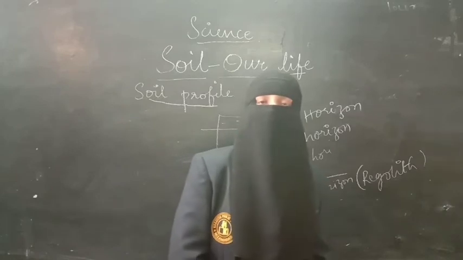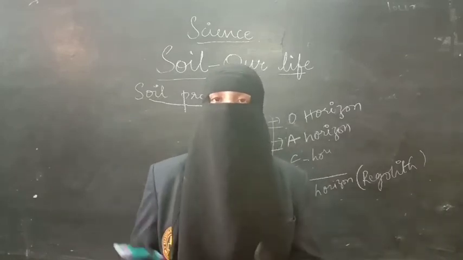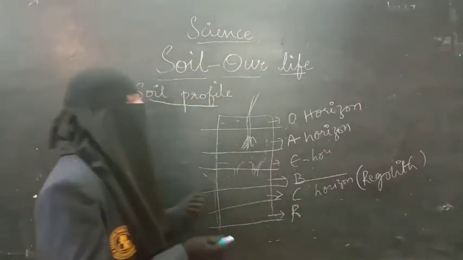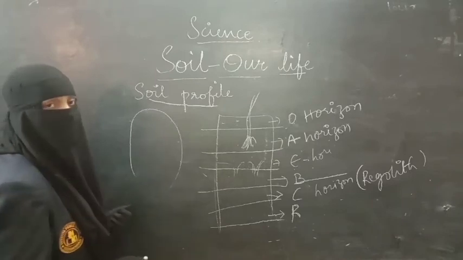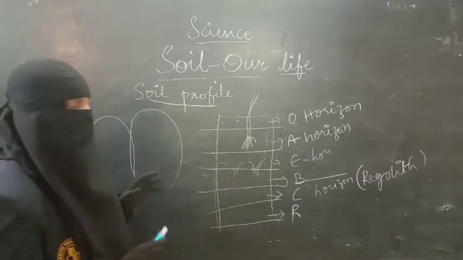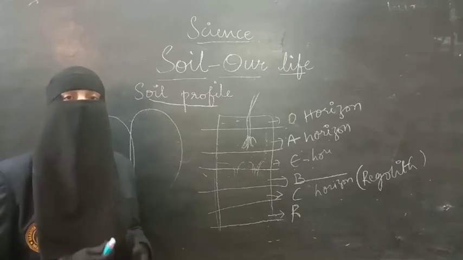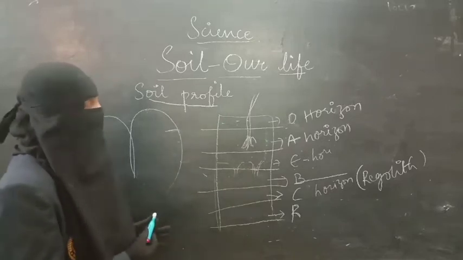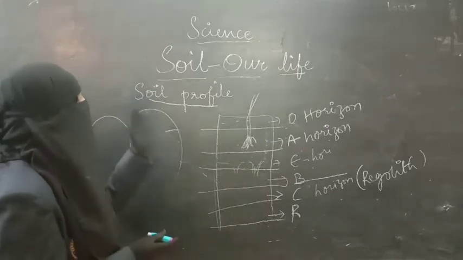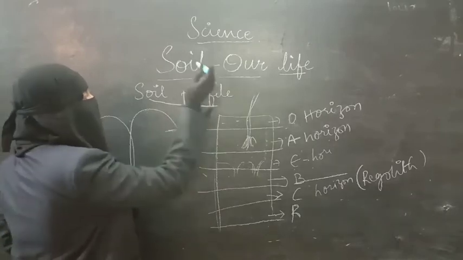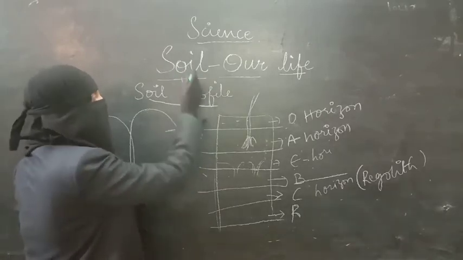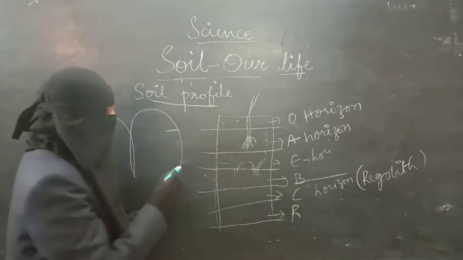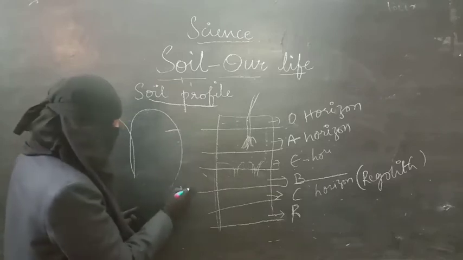So first of all, how has soil formation taken place? In the starting introduction part, I said that soil is formed from rock. So the parent material of soil is rock. For example, rock is present here. Because of continuous temperature, sunlight, water and heat, slowly these rock particles will start eroding. If, for example, this is rock, continuously it is coming in contact with air, continuously with water, continuously with some other natural things. So what happens here, this will start falling little by little. In the same way, the rock particles have started eroding.